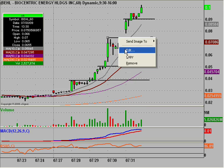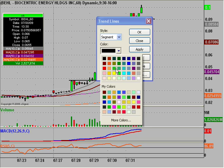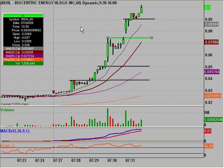This is kind of the key level, so what I'm going to do is change this to green and make it a little thicker, just to remind people that ideally this is the level that you want to see hold strong in any pullback, 0.075. But if it doesn't, you do have this little low here around 6.5. But with all the volume and the bullishness that it's been having, this level shouldn't have any problem